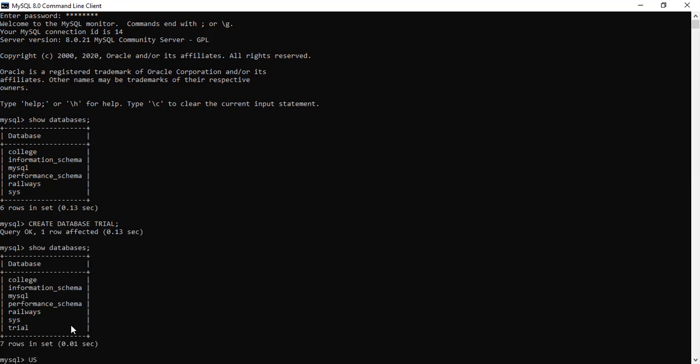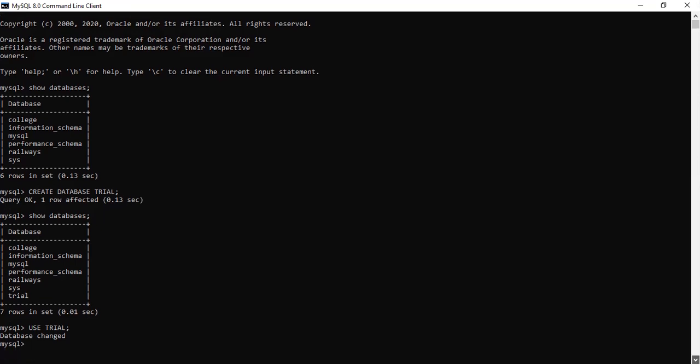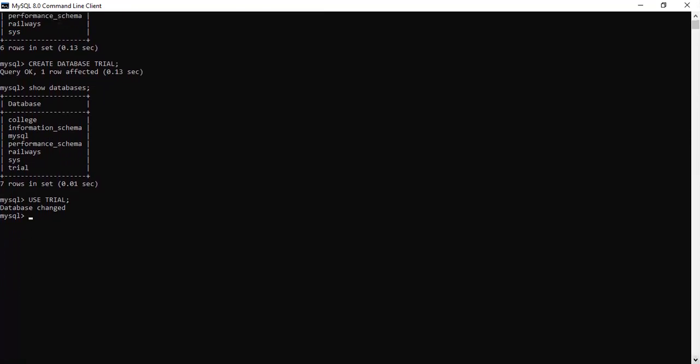So let me use my database, which is trial, and create a few tables in it. Now I am in the database called trial, and I will create a few tables. First we were looking into the create command: create table.